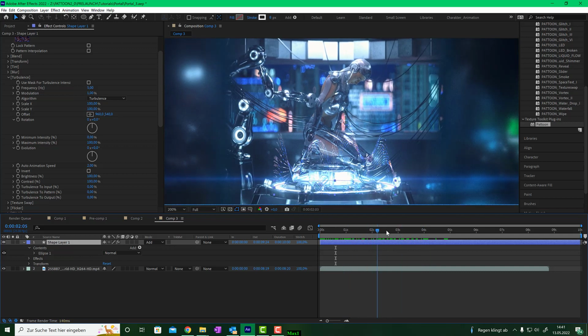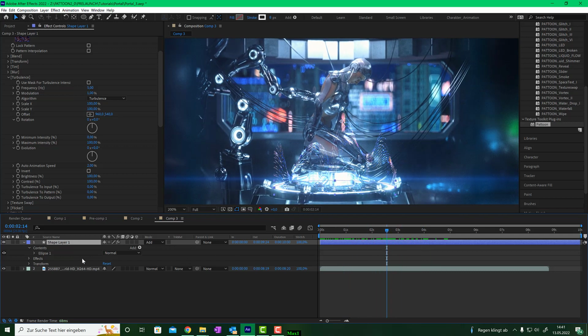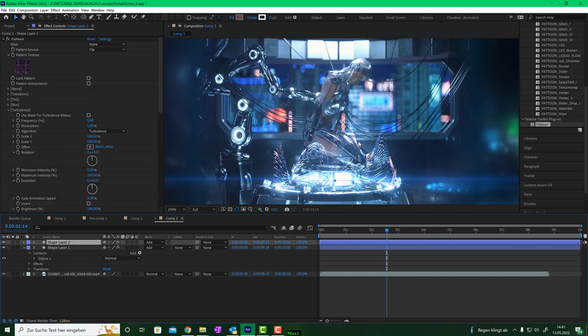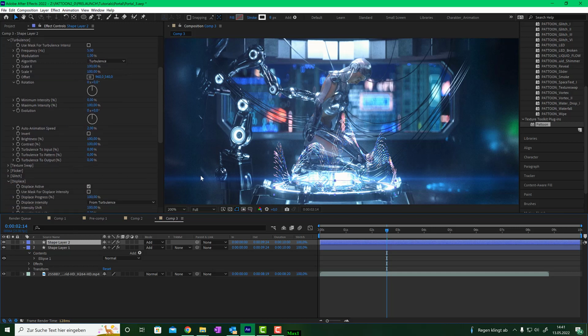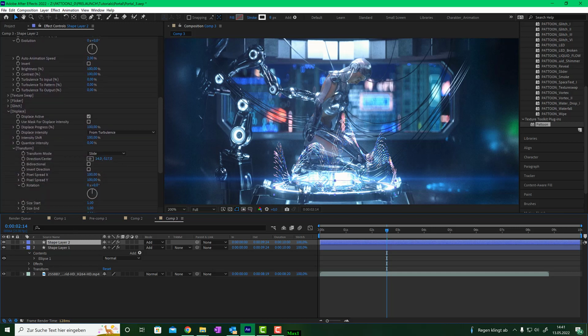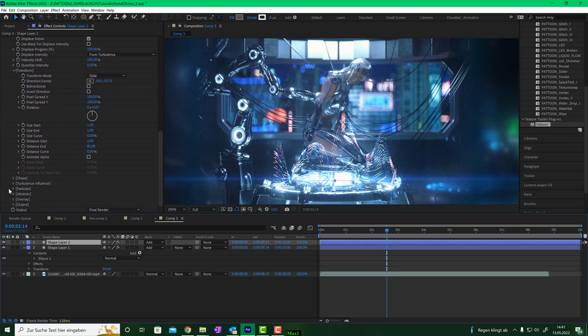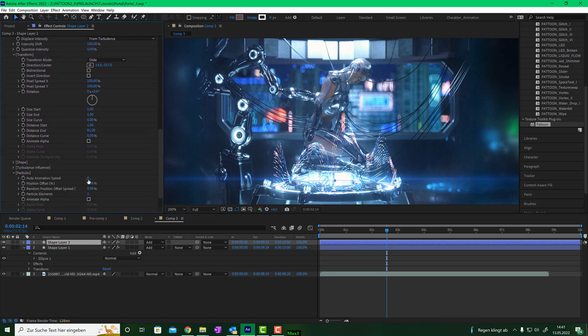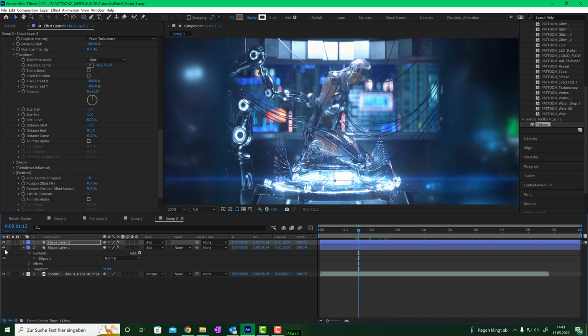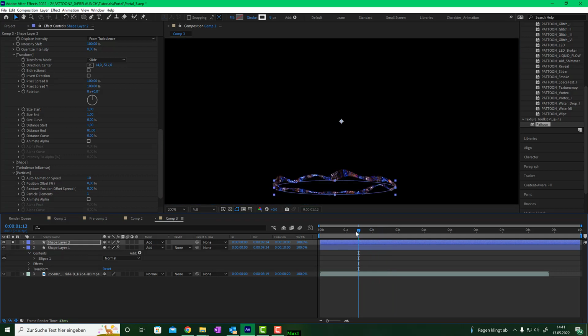But for now this is very cool. So let's duplicate this shape layer, Control D on the keyboard, and now we have 2 of those instances of Pattoon on 2 shape layers, and we'd like to have a bit more animation going on here. So we go to the particle section and we set the animation speed to 10, and this is what we have. Let me solo that. This is what we have now. So it goes up,